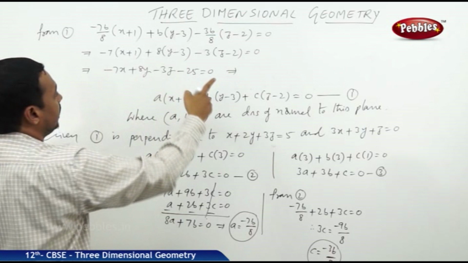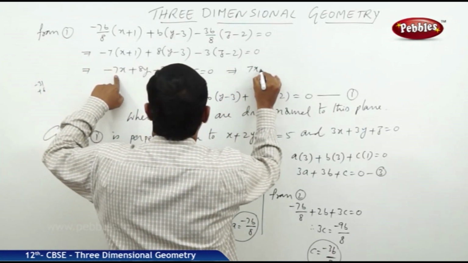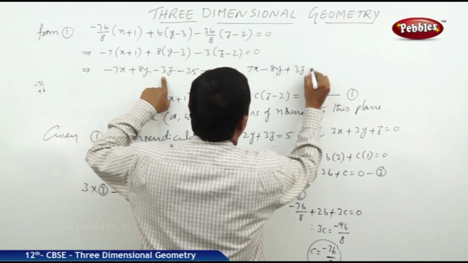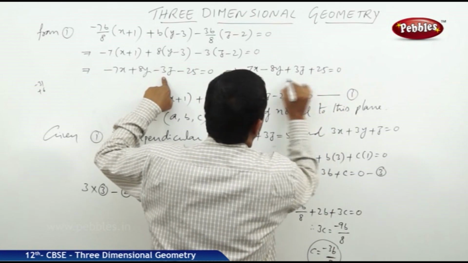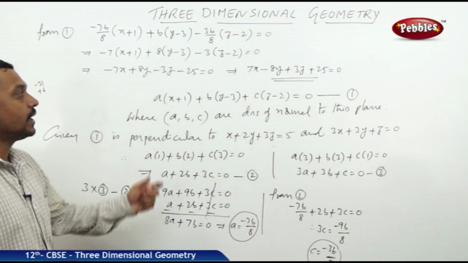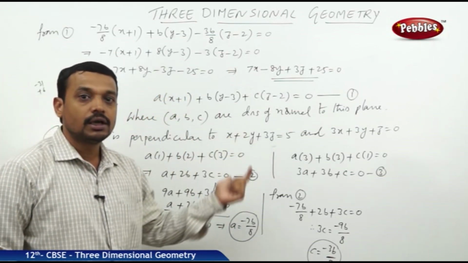Multiplying the entire equation by minus sign, we get 7x minus 8y plus 3z plus 25 is equal to 0. Now this is the equation of the required plane passing through the given point as well as perpendicular to the given